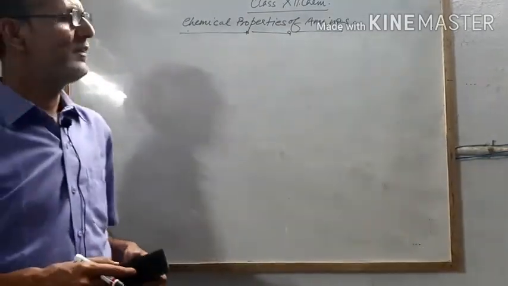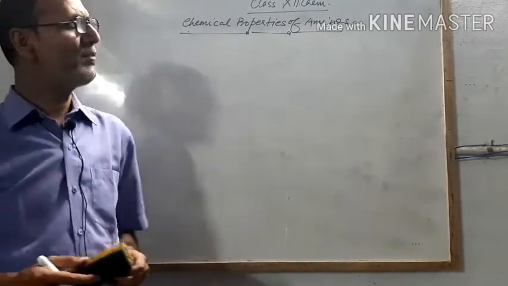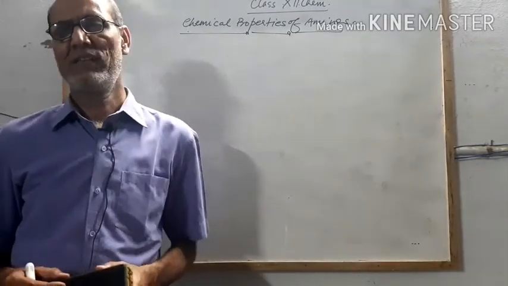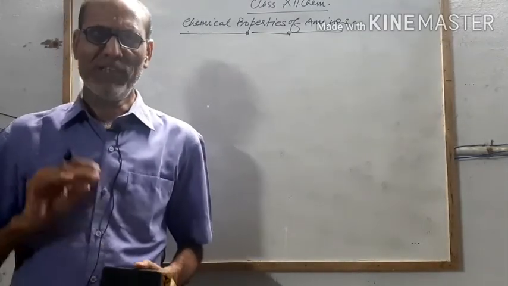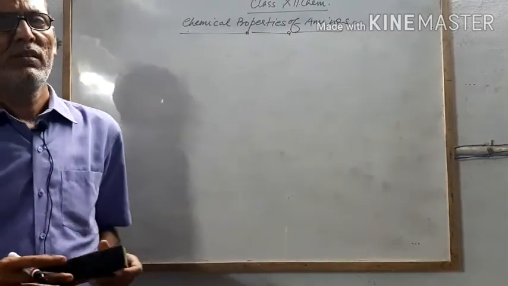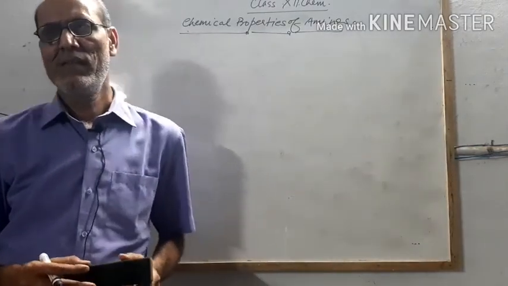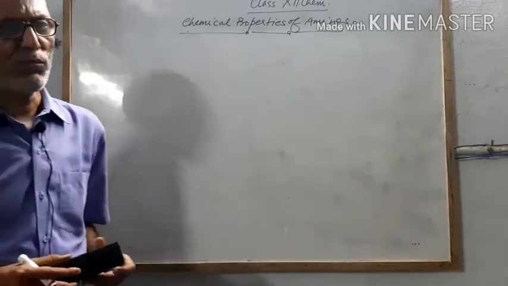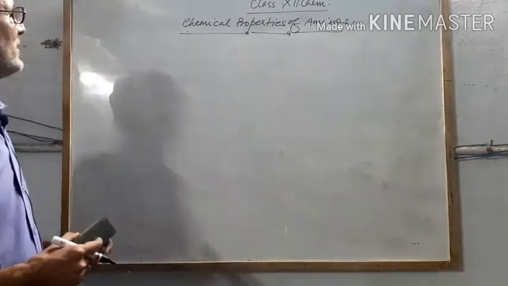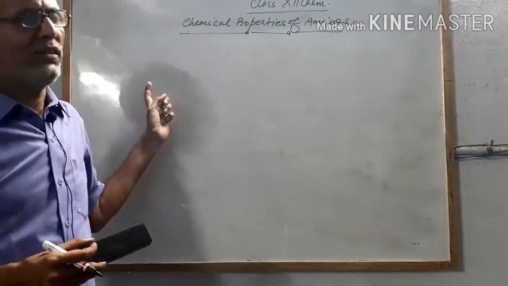Student, this is the special topic of class 12 chemistry, chemical properties of amines. In the last lecture you learned about the chemical properties of amines, in which you studied the carbylamine reaction and one more reaction, Hofmann ammonolysis. What you will learn in this lecture: